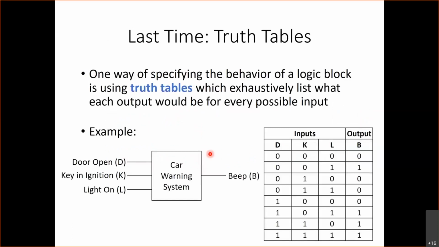We looked at various ways of specifying the behavior of logic blocks. One way was a truth table. So here, our example was a car warning system, which would beep if some combination of events took place. For example, if you opened the door and your key was still in the ignition, or if you removed the key from the ignition and the light was on. So here we saw how we can specify the behavior of this logic block using a truth table,